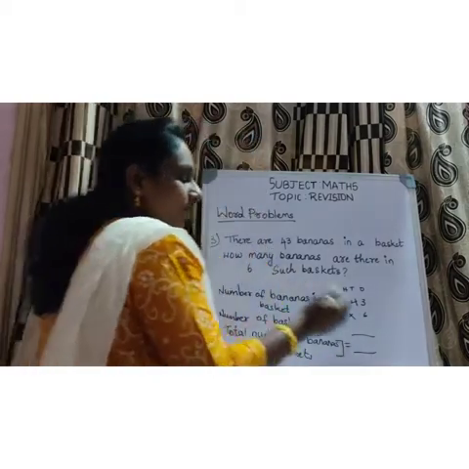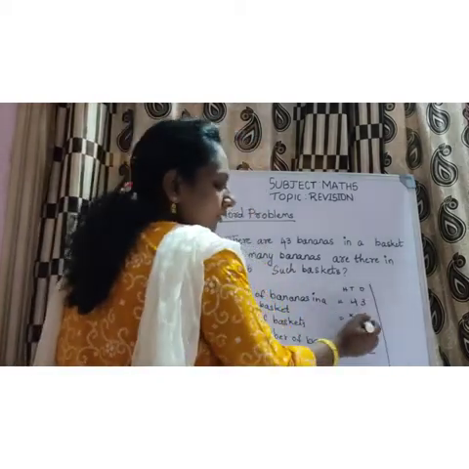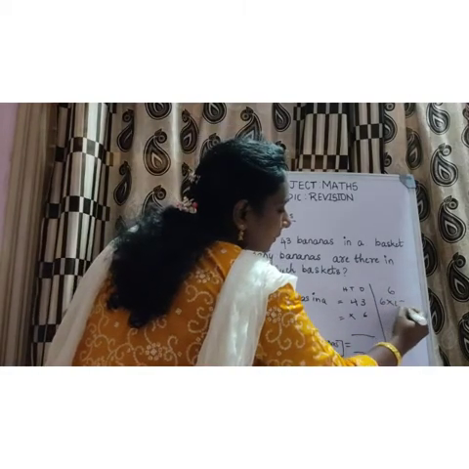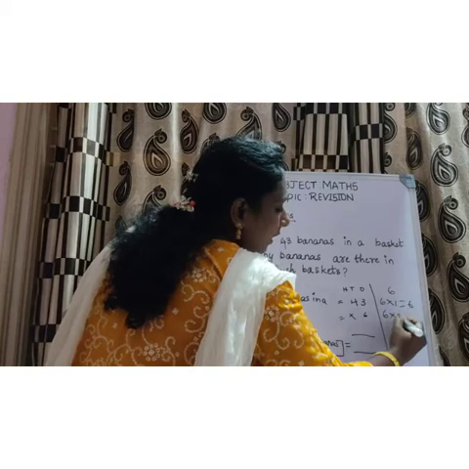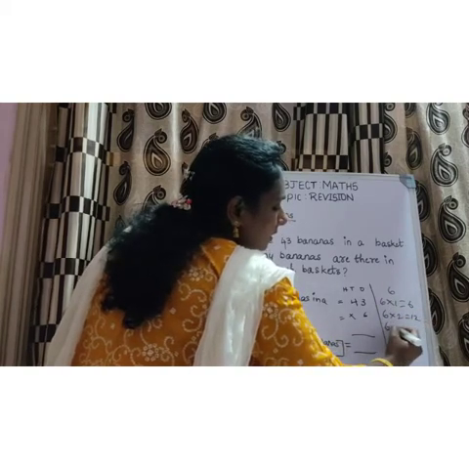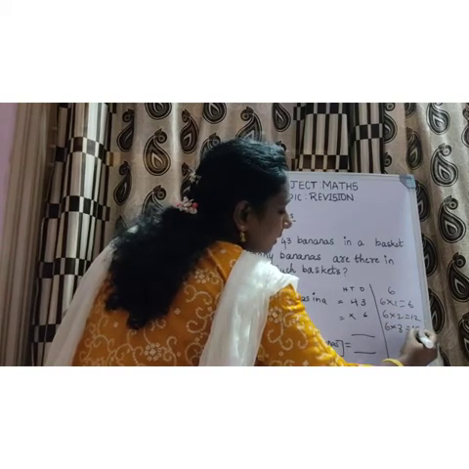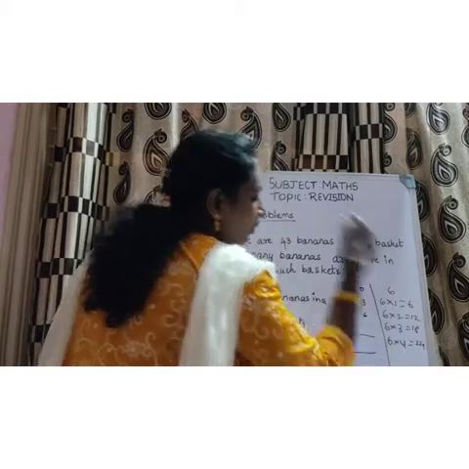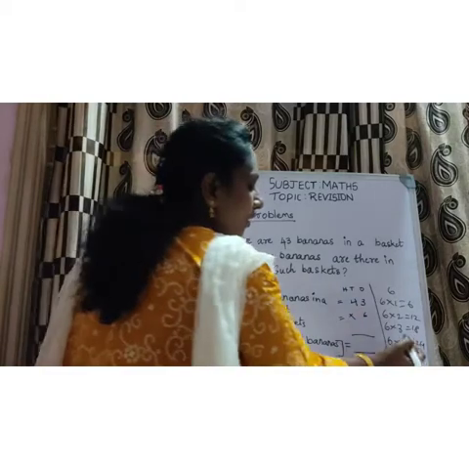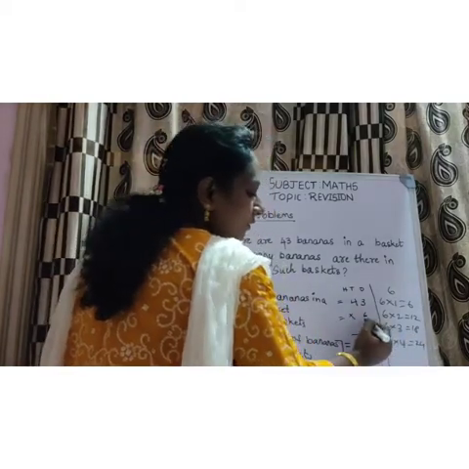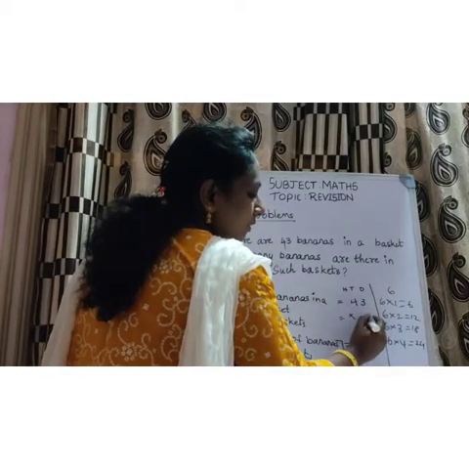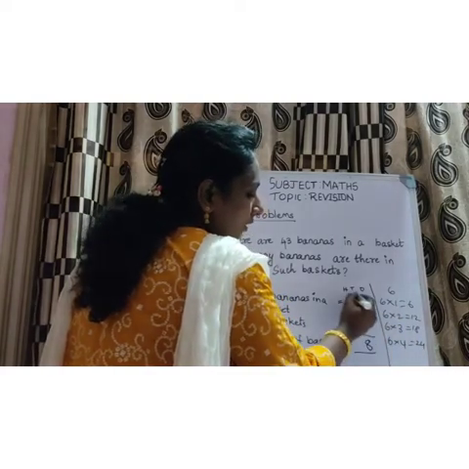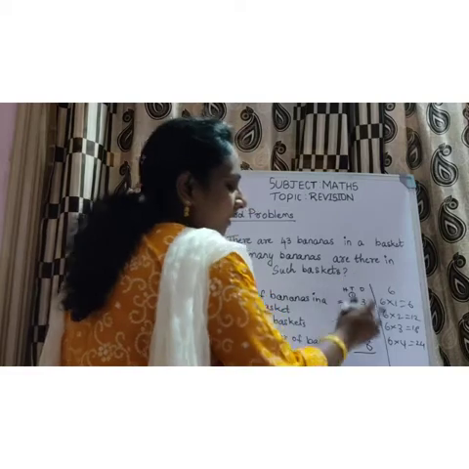Okay, so now what should we do? We should write the table of 6 till 4. So 6 ones are 6, 6 twos are 12, 6 threes are 18, 6 fours are 24. Okay, 6 fours are 24. Now 6 threes are how much? First we should multiply the number in ones place. So 6 threes are how much? 18. 8 you should write down and 1 you should take as carry to the tens place.